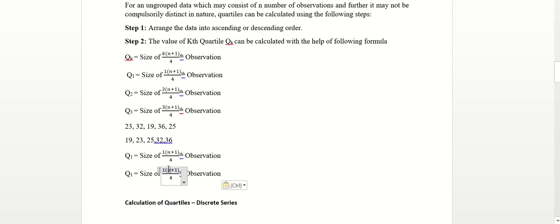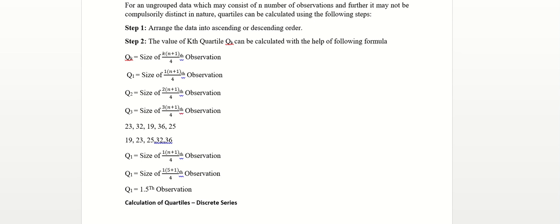So 1 into number of observations. How many number of observations we have? 5. So 5 plus 1 is 6. 6 by 4. So here Q1 is this 6 by 4. By dividing 6 by 4 we get 1.5. So 1.5th observation,